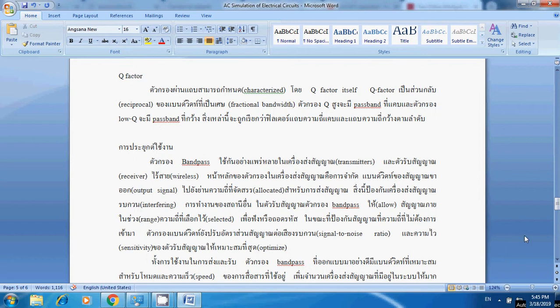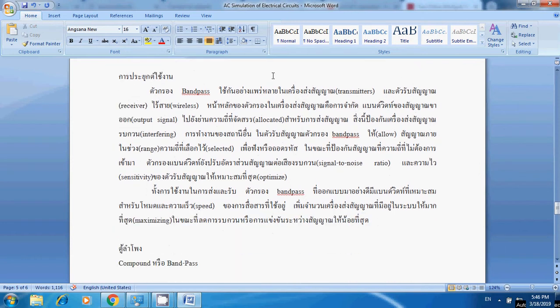Now let's take a look at the applications. Bandpass filters are used widely in transmitters and receivers, the wireless transmitter and receiver. The main function of the filter in a transmitter is to limit the bandwidth of the output signal to allocate frequency for the transmitted signal, and this prevents interfering with another station, and